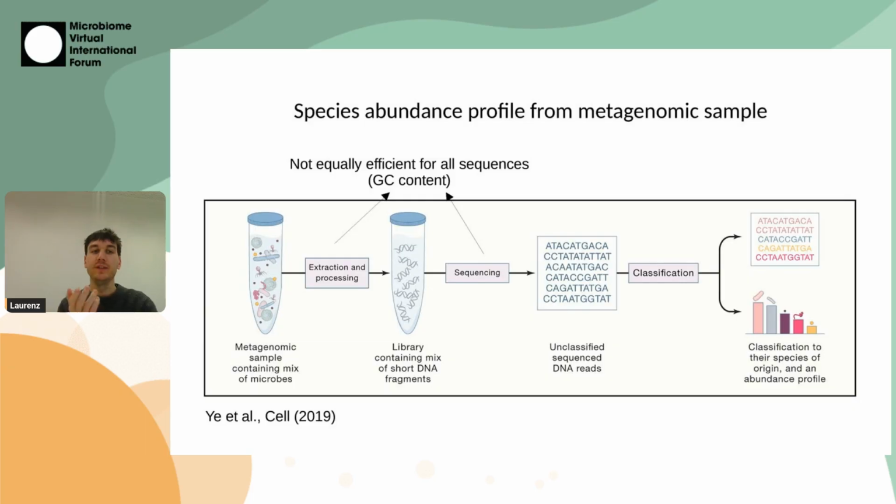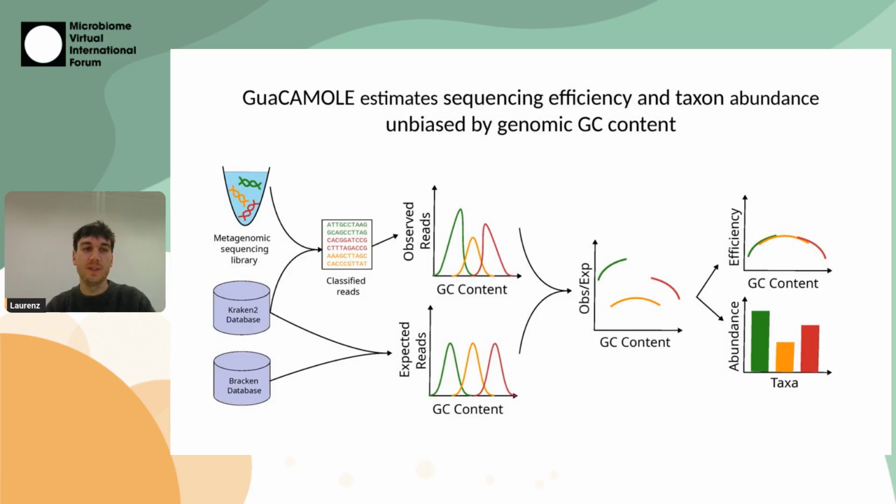And it seems that GC content is a predictor for the chances that a sequence has to be sequenced here. And in addition, a problem that we have is that there are very different ways of how you prepare these libraries, different protocols, different library preparation kits, and so on. So we have developed GuaCAMOLE, which is a tool that is available, and we implemented and developed a new algorithm